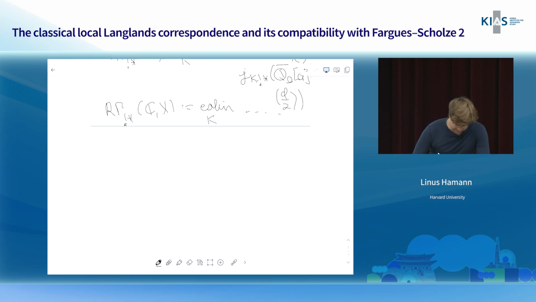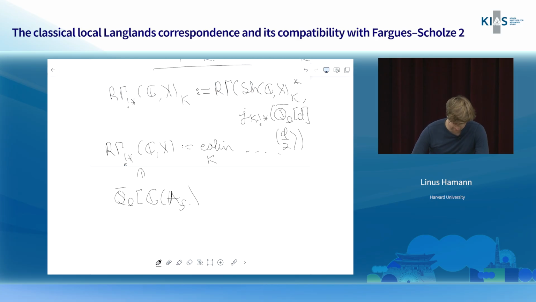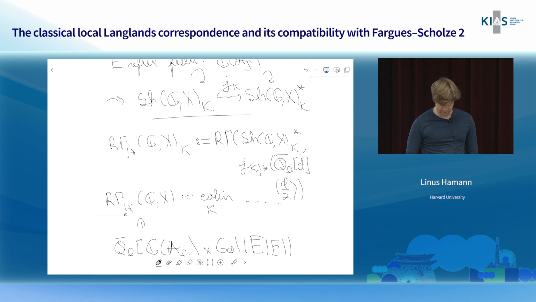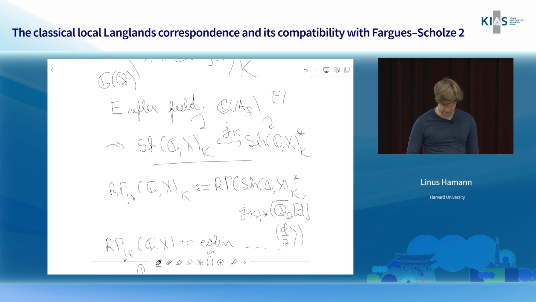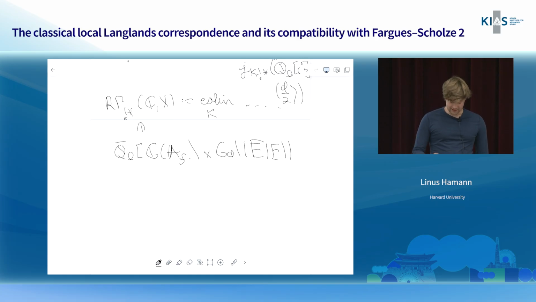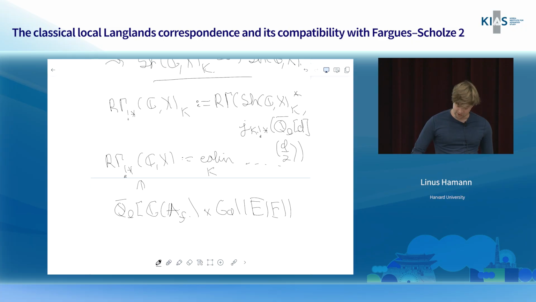And, well, okay, this is going to have the action of some group G of A, so it's some complex with a G of AF action. And also, it has some action of the absolute Galois group of this kind of number field. So this is some number field attached to this co-character. And, well, you're not encoding any information about the Archimedean component,